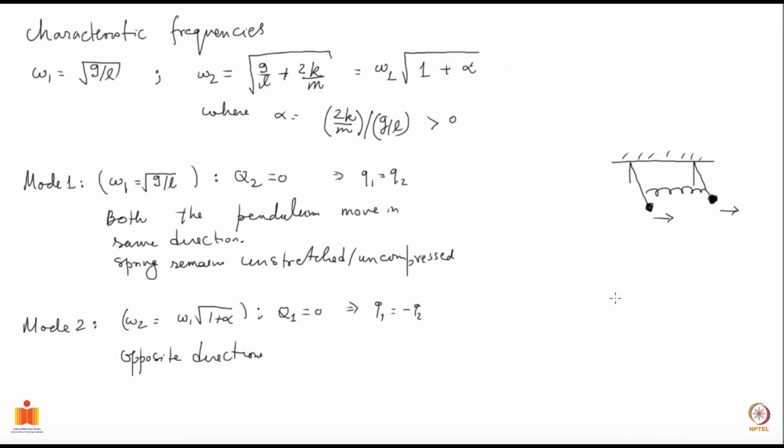And here the situation is this. It does not look like straight. Okay, so here you have the vertical. So let's say this guy is going this way, then this guy will go this way in a symmetric fashion, and of course the spring is stressed or compressed. When they are returning backwards, it will get compressed. Okay, so this is your mode 2.